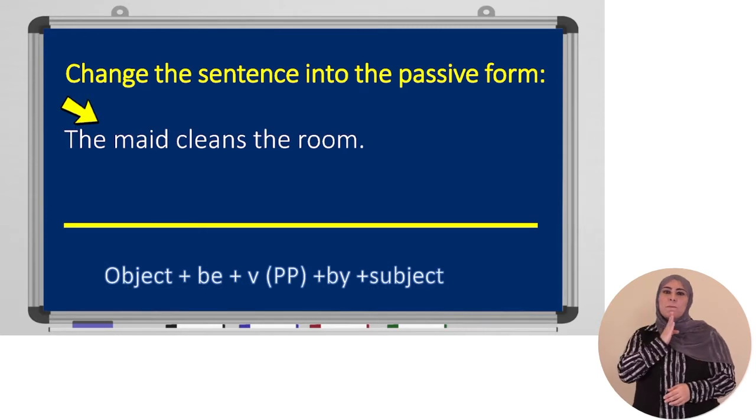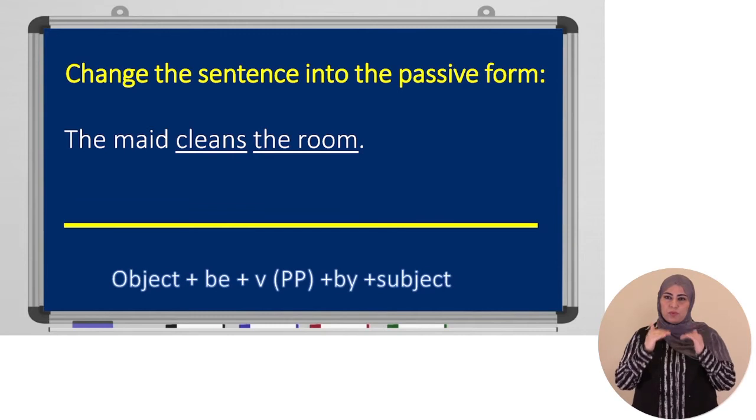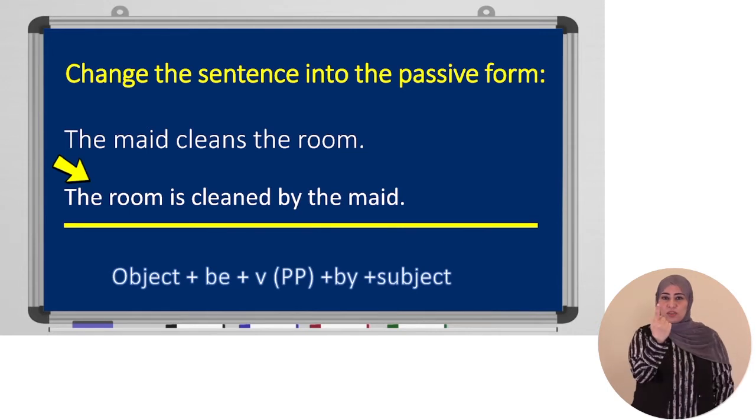Let's look at another example. The same sentence, but in different tense form. The maid cleans the room. Is there a modal verb here? What do you think? No, there is not. What's the tense of the verb? Cleans. It's in present. If there is no modal verb, what did we say? We add is, am, are, was, or were, based on the tense of the verb and the object. So the room, which is one, cleans is in the present, so we'll say the room is cleaned by the